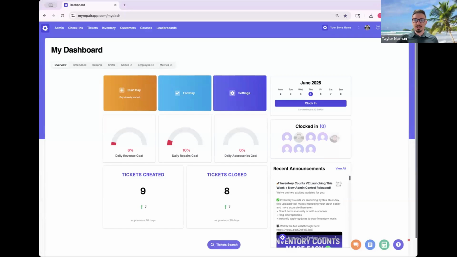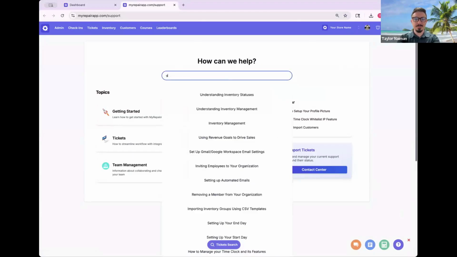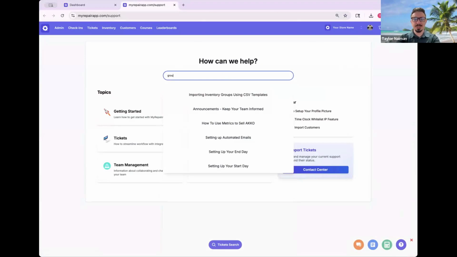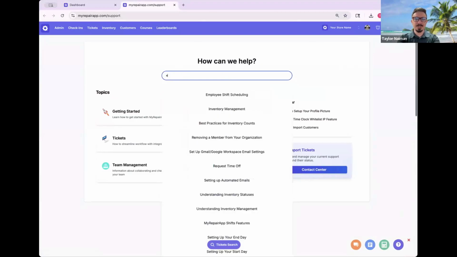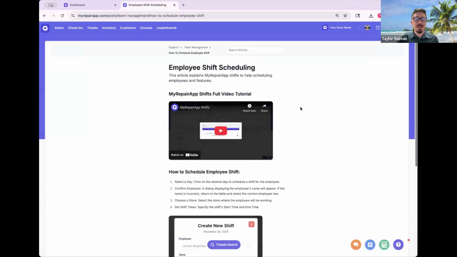If you take a look at the bottom right, there is a question mark in a circle, support. If you press this button, you get "How can we help?" This is our support article. If I want to learn pretty much anything about MyRepairApp, there's a step-by-step guide on virtually everything. If I want to know about inventory or the new groups, I can do this. If I want to learn more about the employee dashboard or inventory, everything is here. So if I click on, let's say, employee shift scheduling, just for the heck of it,